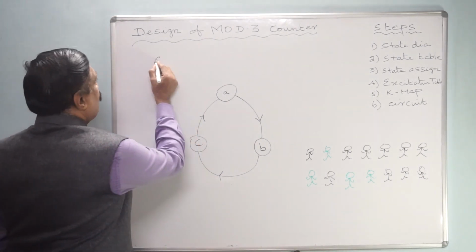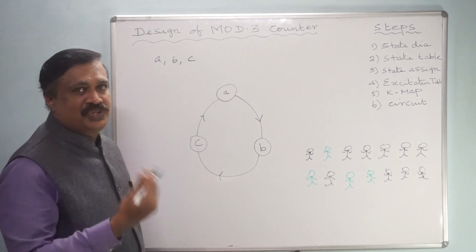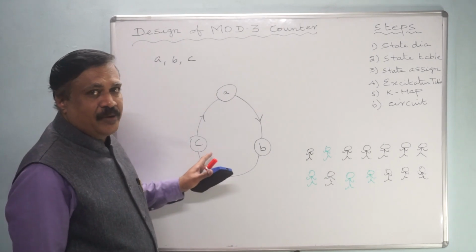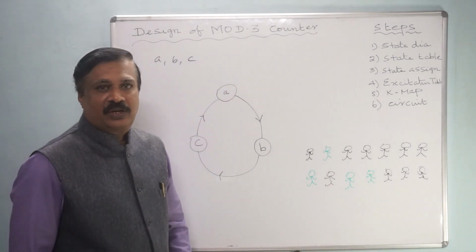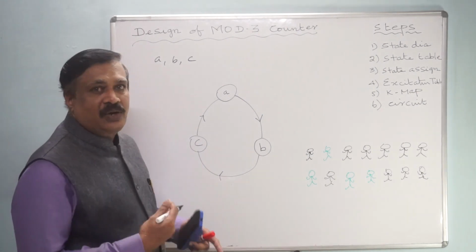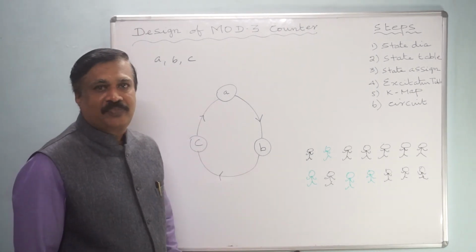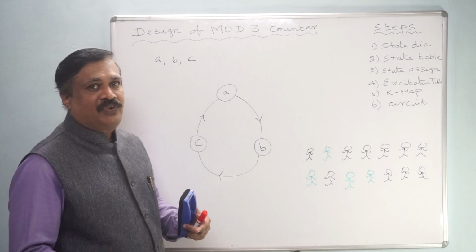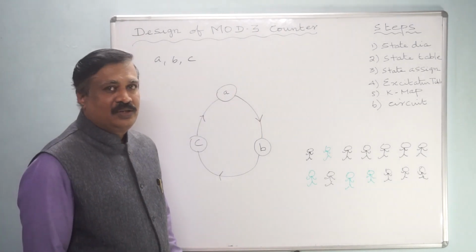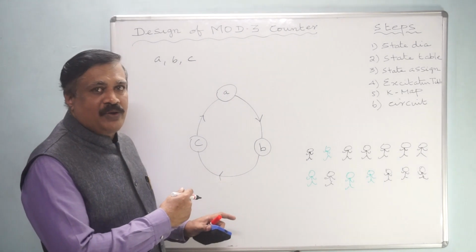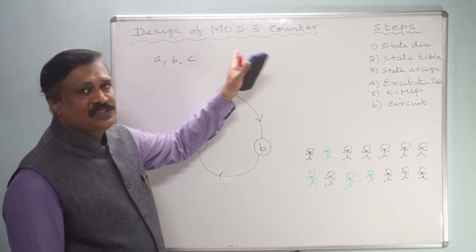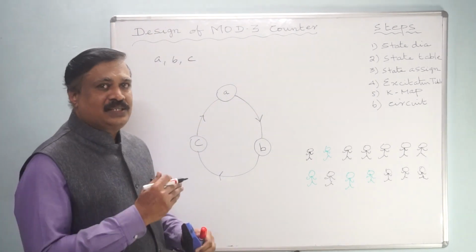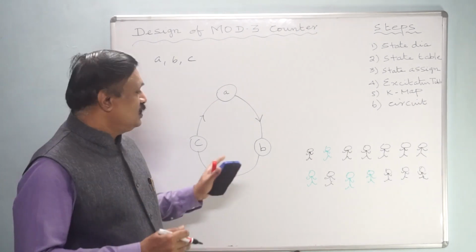Now let us have A, B, C be the 3 states. This is the state diagram for this mod 3 counter. They may ask you to design a counter for this state diagram, or with a state diagram, design a circuit for the mod 3 counter. If you understand the principle, you can design for any mod 6, mod 5, mod 4, just like any counter. You should understand the principle of how to design using a state diagram.